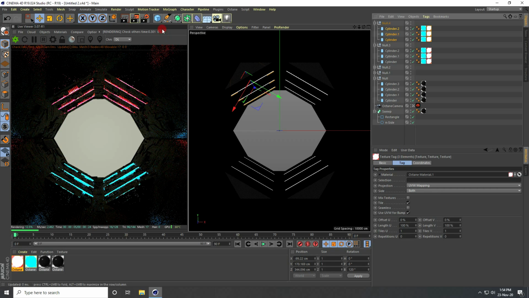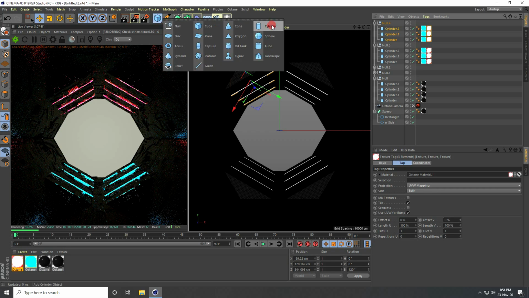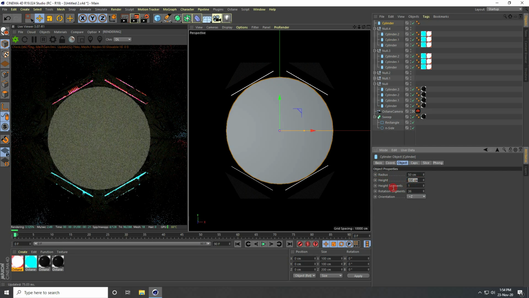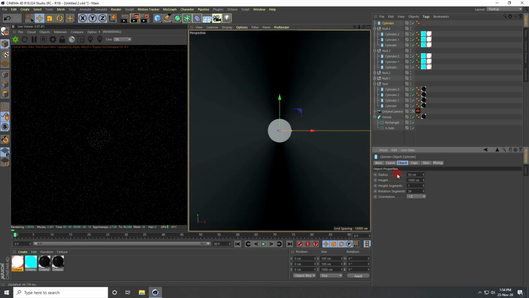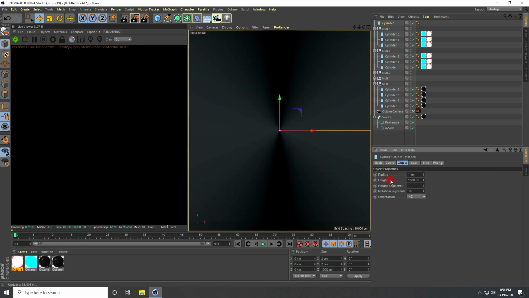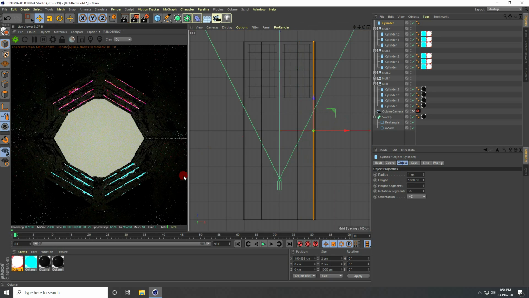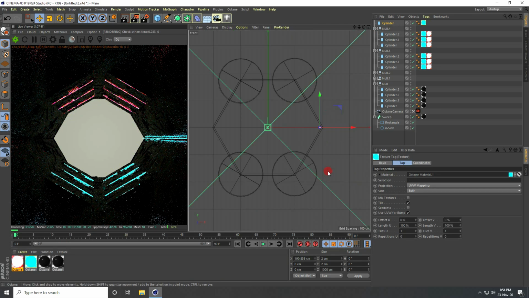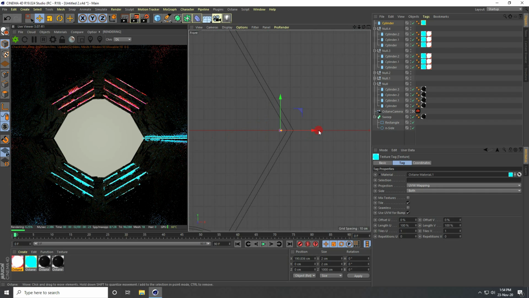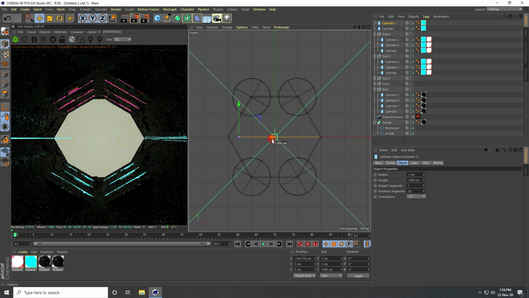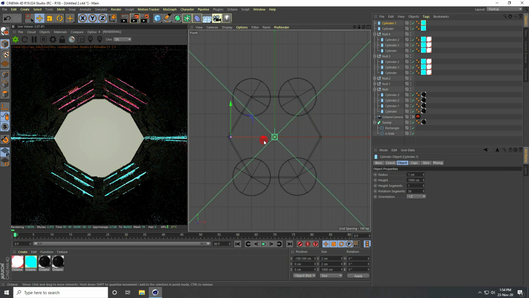Okay, so now I take more cylinders for the corner shape, and height the same 1000, and radius I take 1. Yes, go here and apply the material like this. Yes, and go here. Yeah, now copy this shape, go on this side.